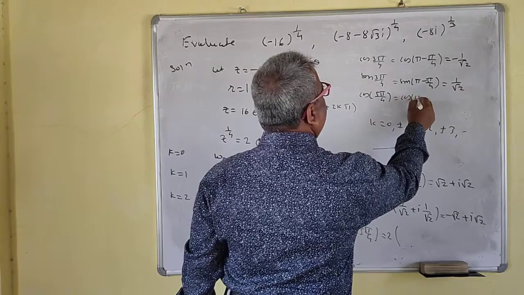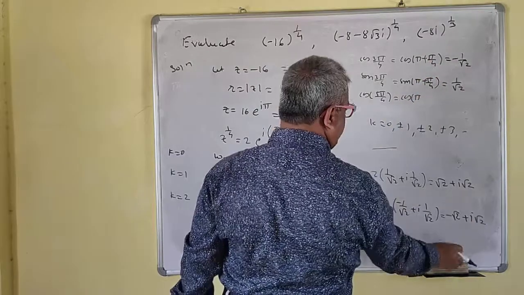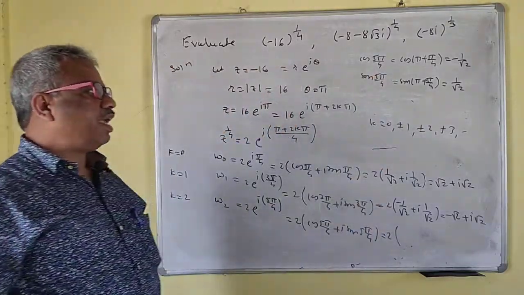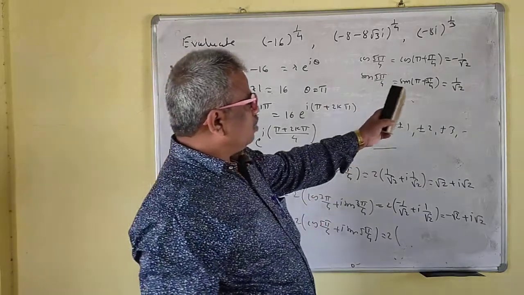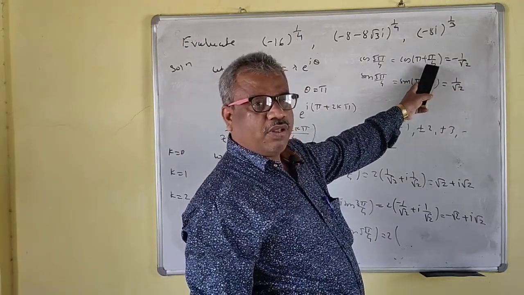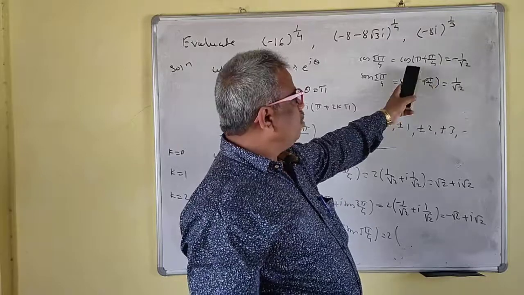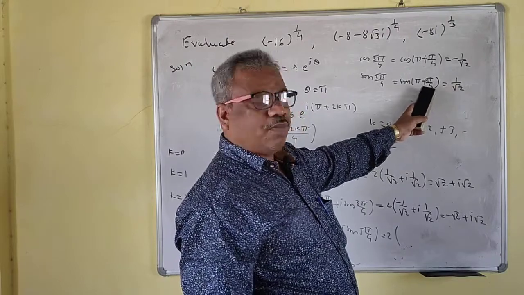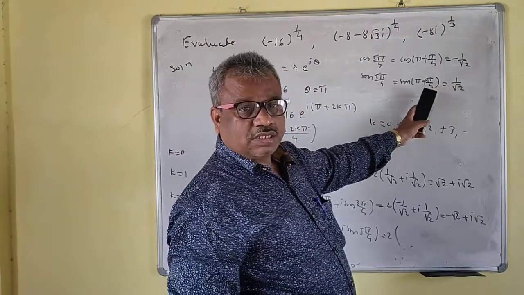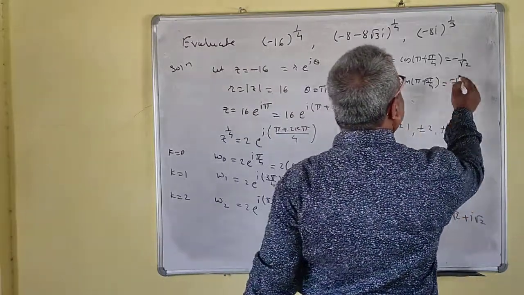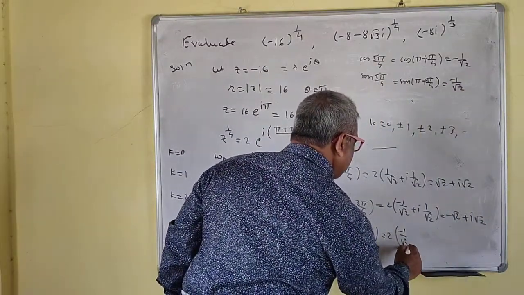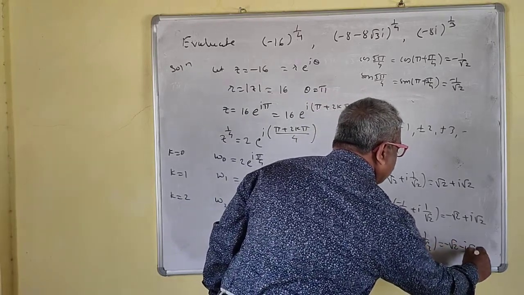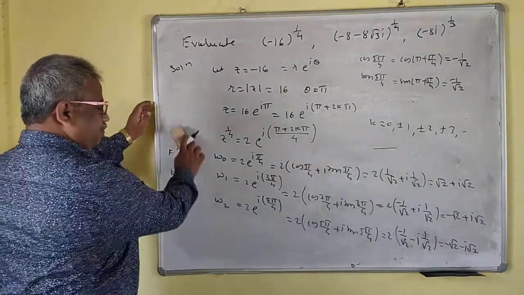So cos 5 pi by 4 is cos of pi plus pi by 4, so this will be plus. Again, the first term is there only. So see the first term, this is cos pi by 4. Second term there is sin pi, so that will be 0. So this is minus 1 by root 2, which is correct now. Here sin pi cos pi by 4, but sin pi is 0, plus sin pi by 4 cos pi, so it will be the minus. So minus 1 by root 2 minus i 1 by root 2. So this is minus root 2 minus i root 2.